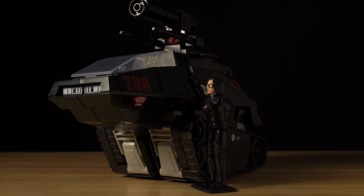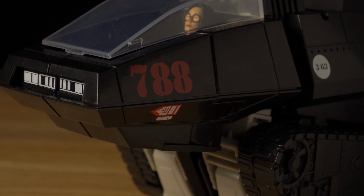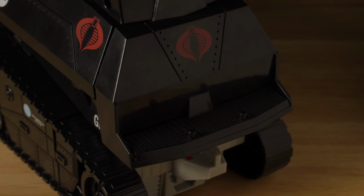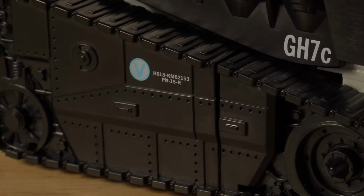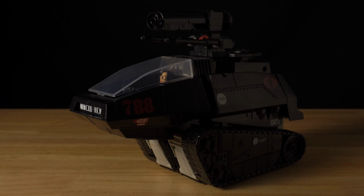The tank is almost entirely black aside from a few insignias and random lettering that means nothing to me. Its appearance is pretty plain overall. There's a few riveted panels and this metal texture on the rear, but the majority of the details are sculpted into the treads and within the cockpit itself. It legitimately looks like it was molded off of the original 80s toy, which is probably really cool for the